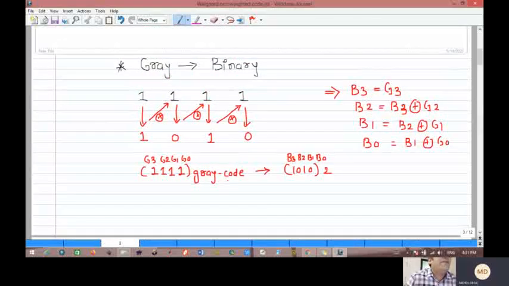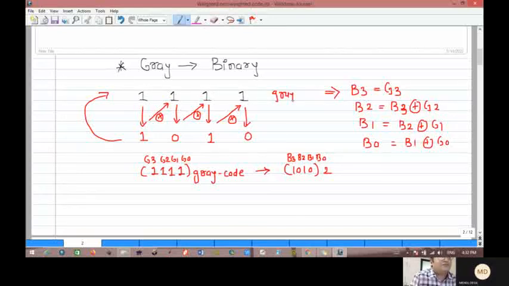Now similarly, if gray code is given and we have to convert to binary code, the next method. We also verify that binary 100 is equivalent to gray 111. Now take one example and check vice versa, whether both methods are true or not. So 1111, this is nothing but the gray code. In gray code to binary code conversion also, first of all, this one is MSB and this one is LSB. So here also the MSB we have to keep as it is. So 1 is kept as it is.